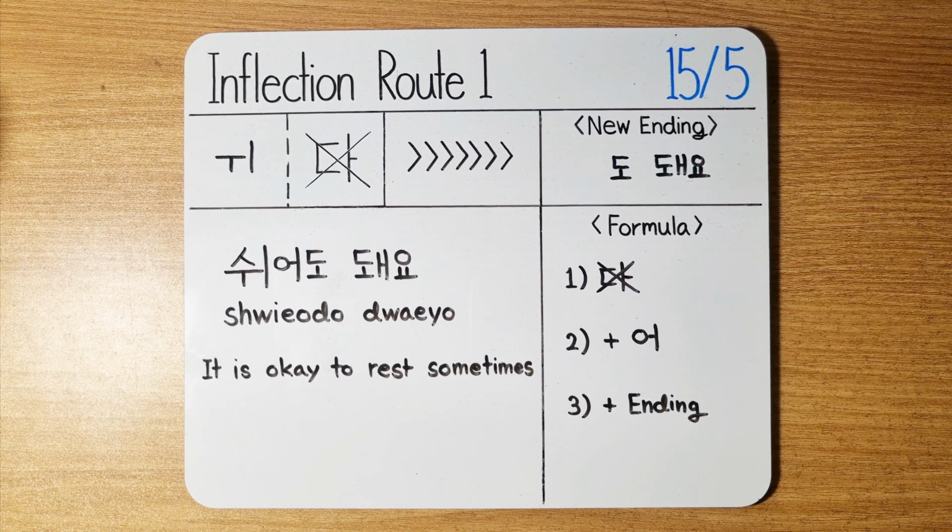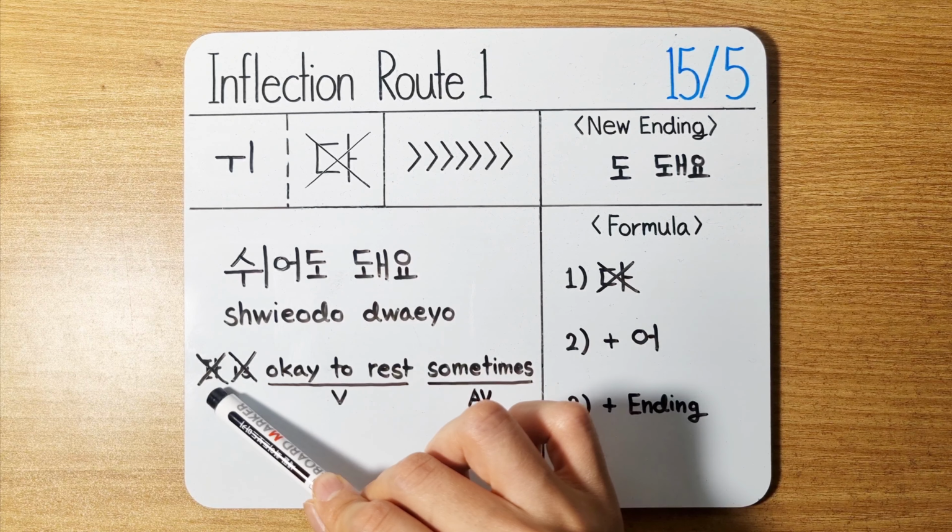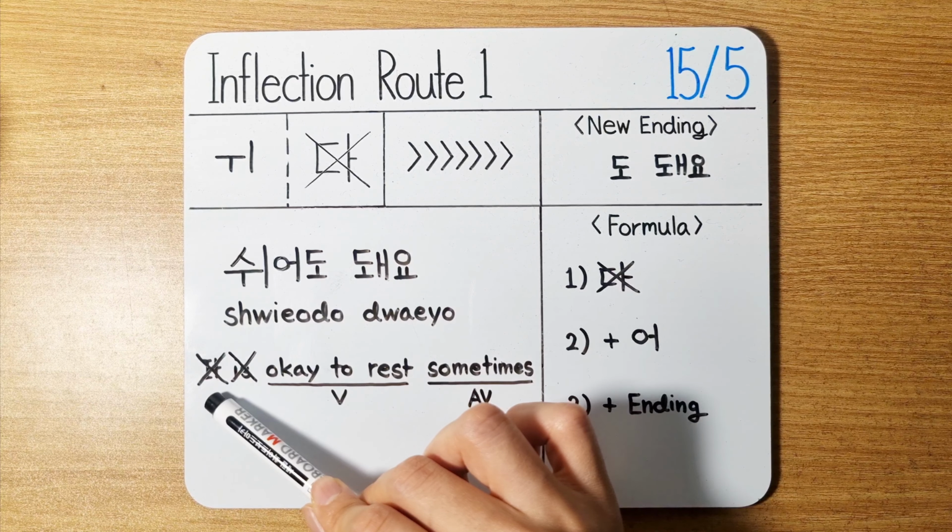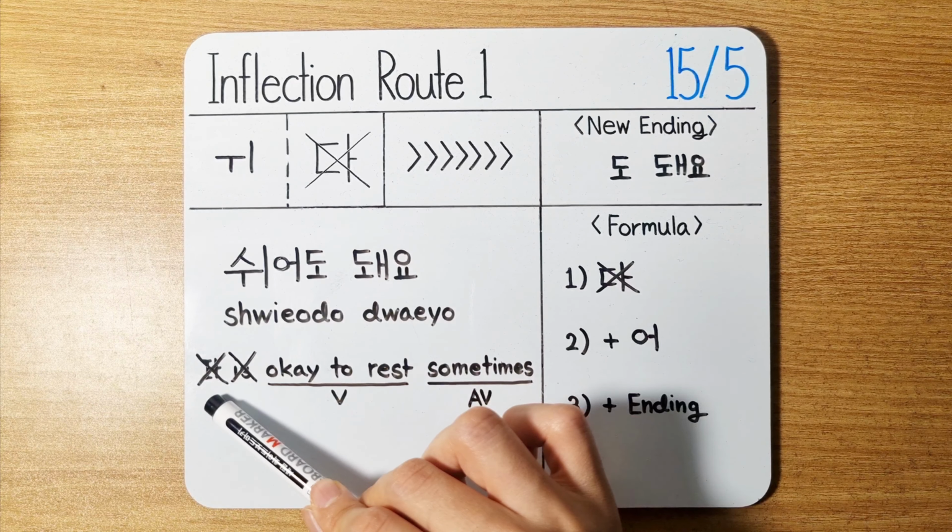However, this is not a grammatical concept that you will use in Korean. Therefore, in these situations, you will not place anything that is the equivalent of it. And do not take into consideration is, am, was, were, are. So, which leaves us with an adverb sometimes and a verb okay to rest. So therefore, the Korean sentence will look like